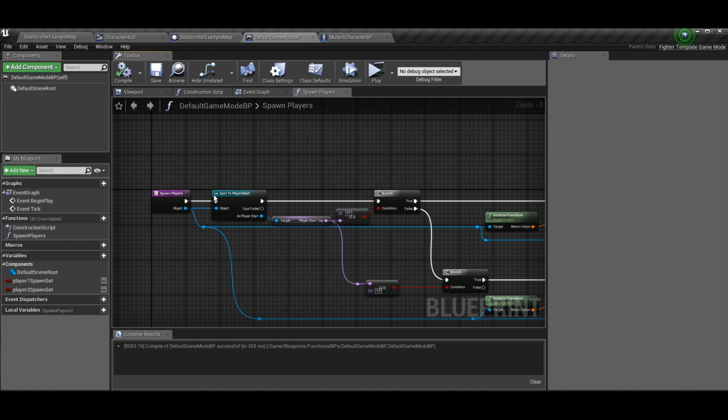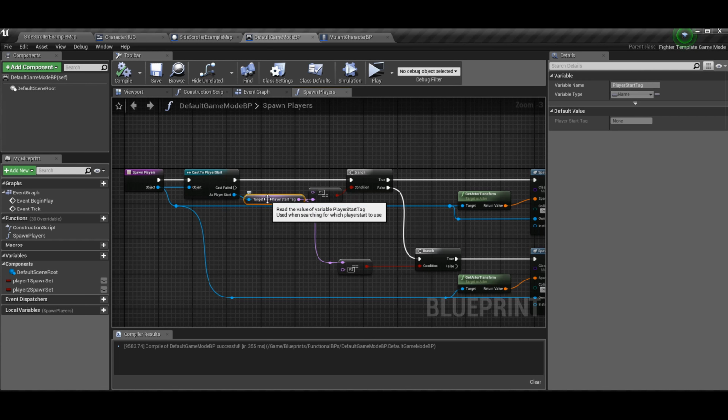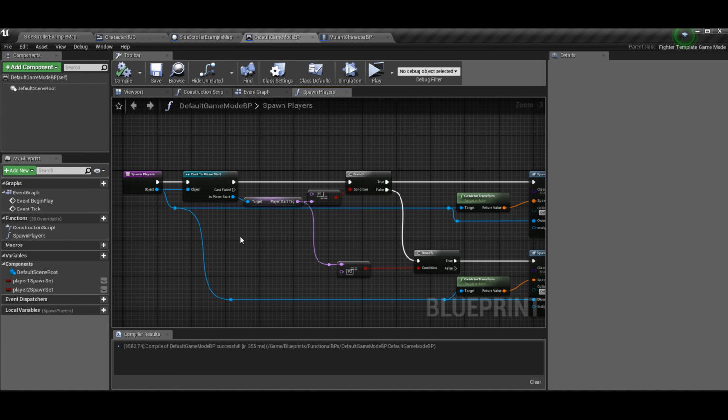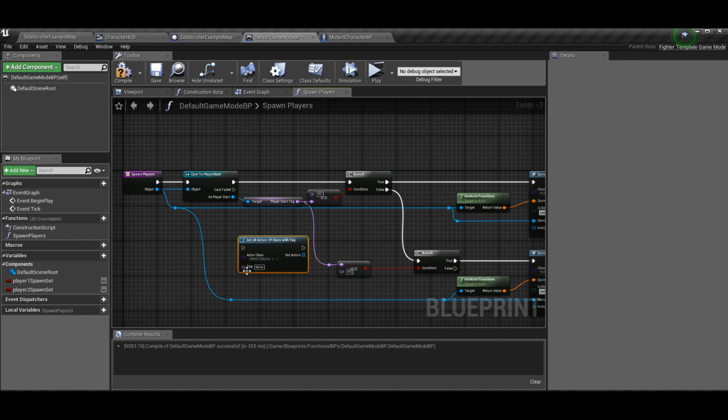So in spawn players, we're going to cast to the player start class, because the player start tag from the player start class is a little bit touchy, and we can't just search for get all actors with tag like you might think. So don't do this. Don't do this. If you see there's this get all actors of class with tag, you would think this would